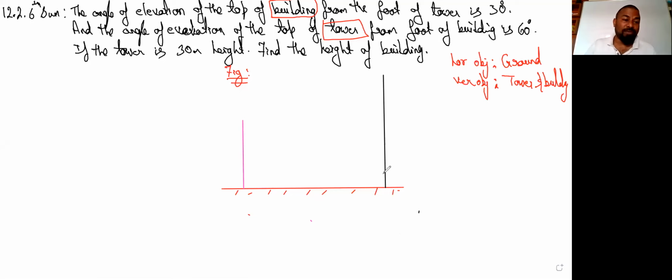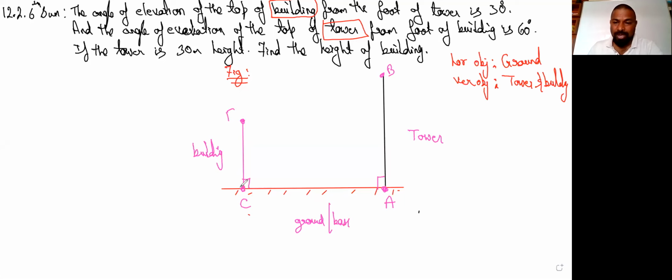How can you say both are vertical objects? Means they are making 90 degrees with the base, right? The base is the ground. So the longer one, we are calling it a tower, and the shorter vertical object, we are calling it a building. We are taking the two objects, but we need to label them. So I'm calling this A and this B, which is nothing but the tower. And I like to call this C, and this D.